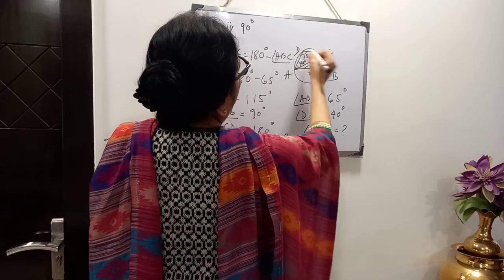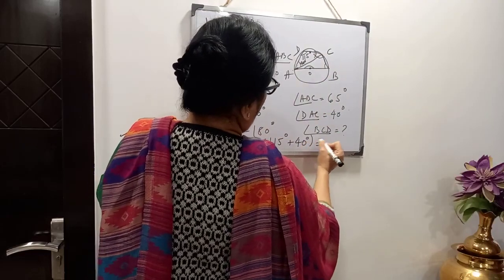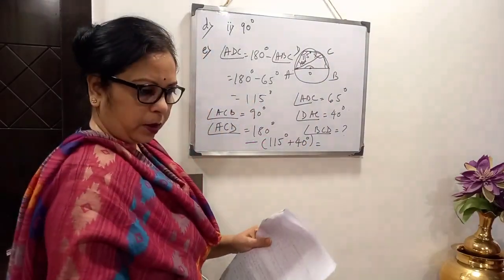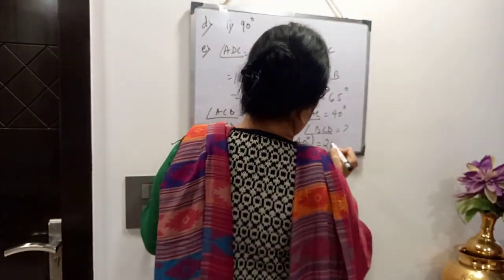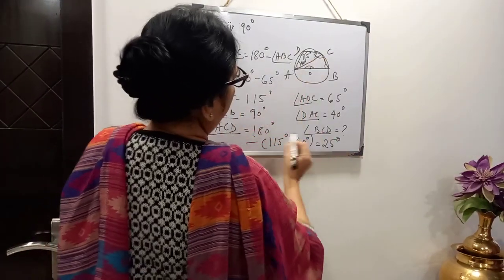So this will be 180 minus the sum of these two. I have done the calculation, and 25 degrees is coming. Angle ACD is 25. So now you have to calculate